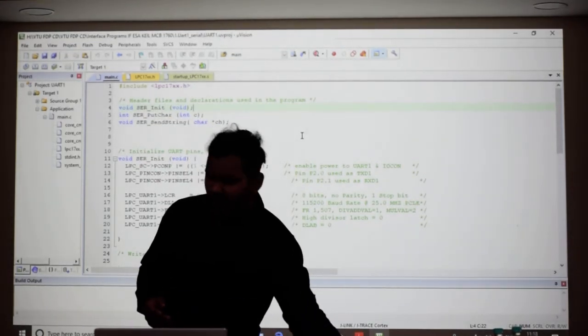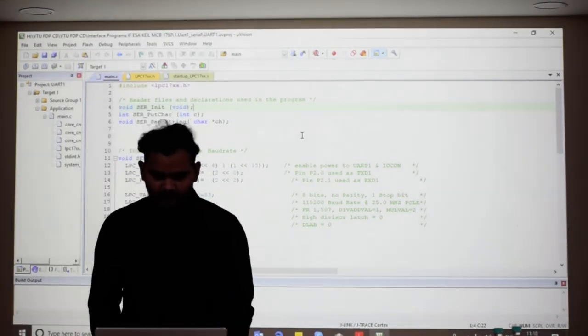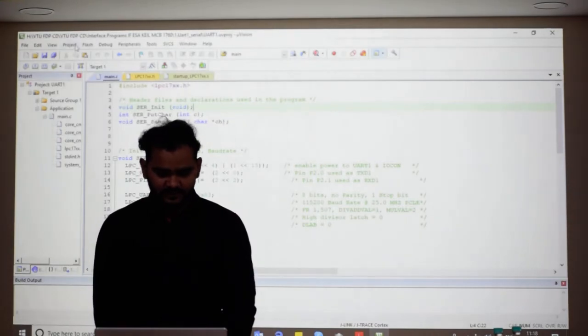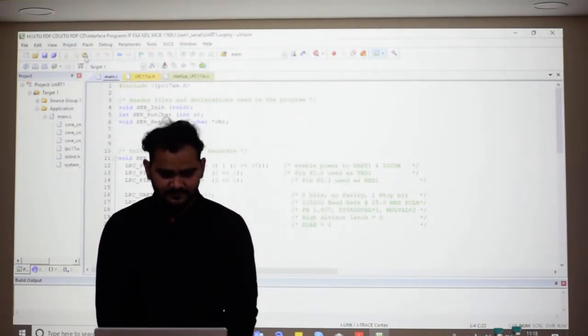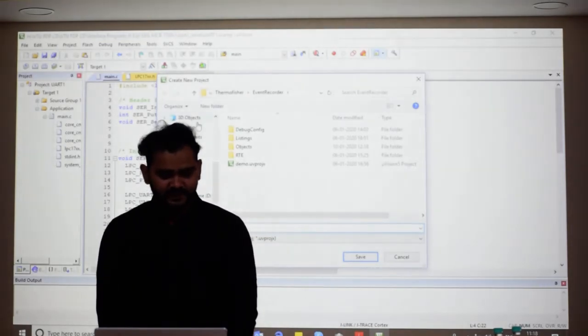So when you open Keil, follow me here now. You can look at the display. Always create one new folder.